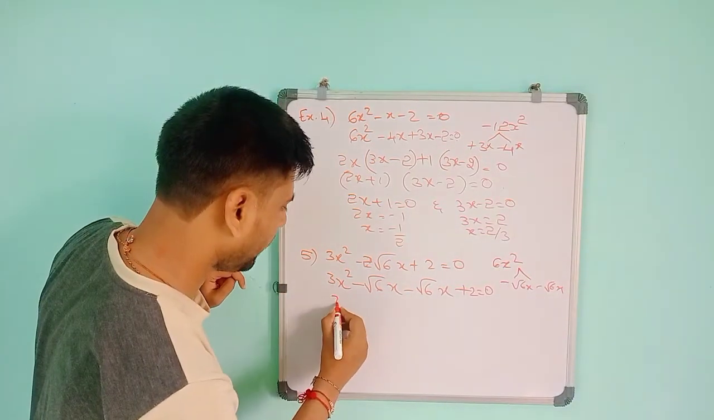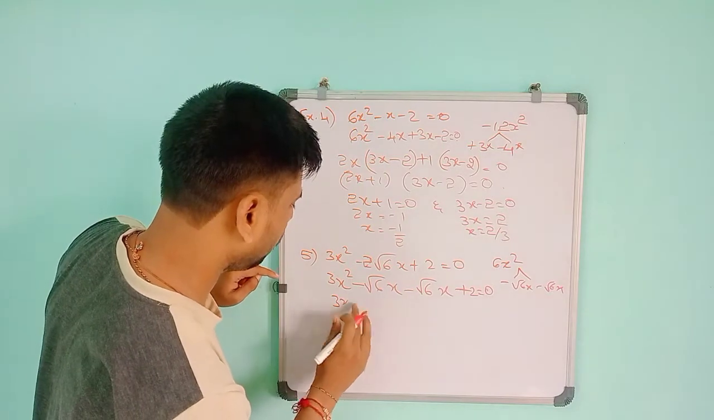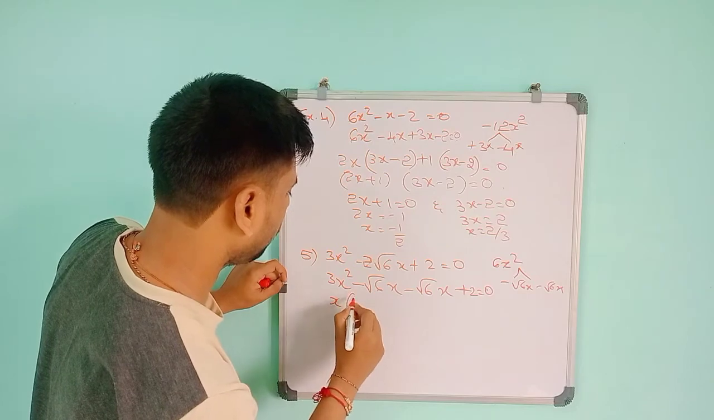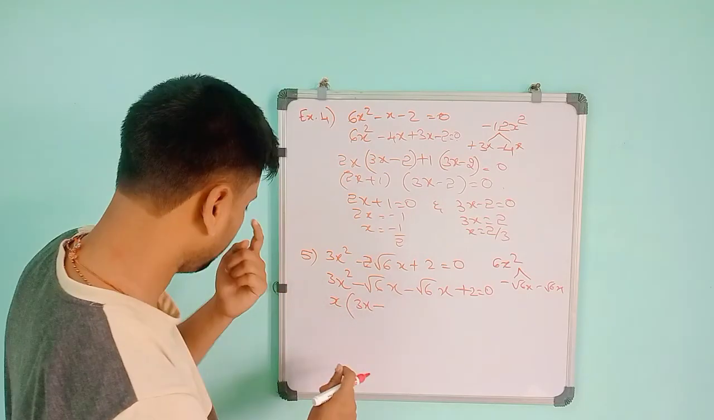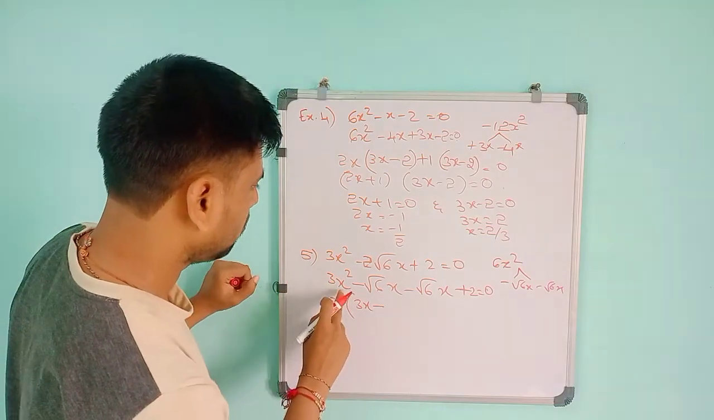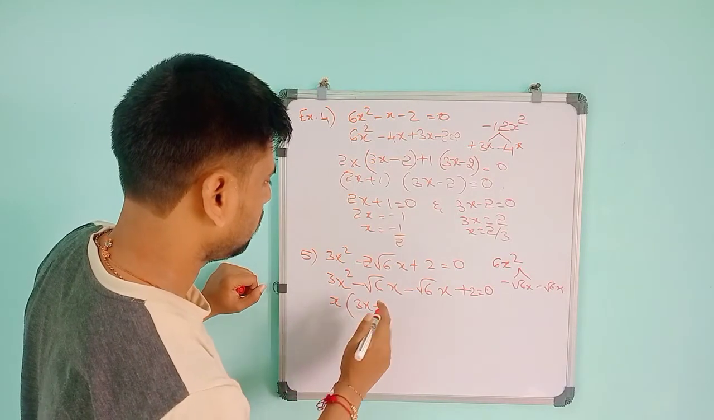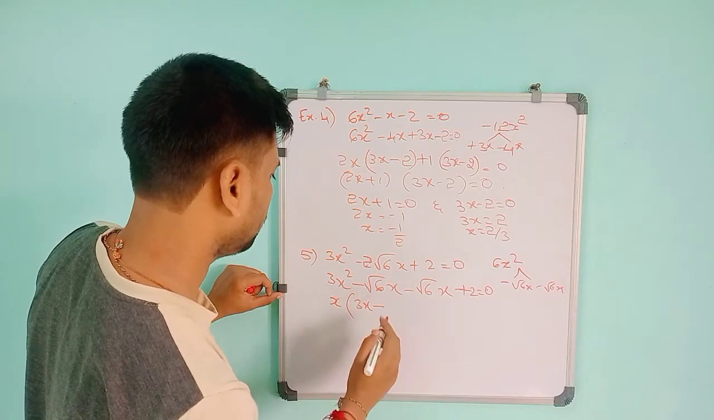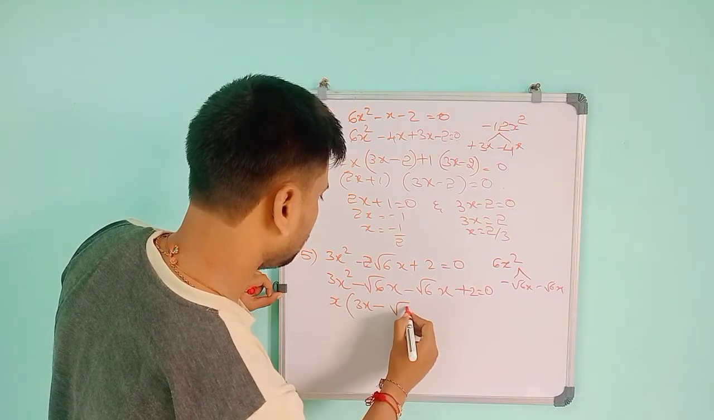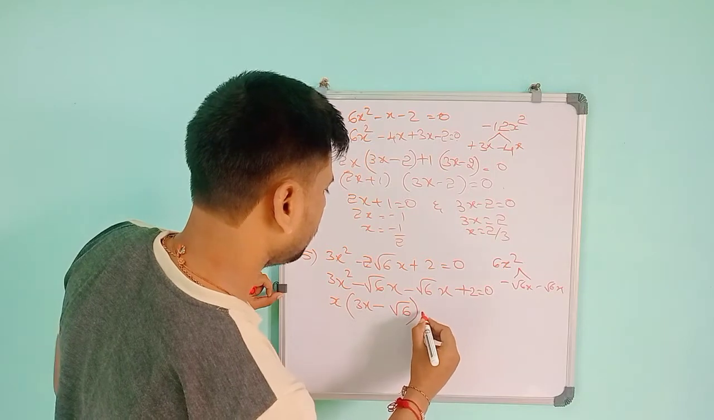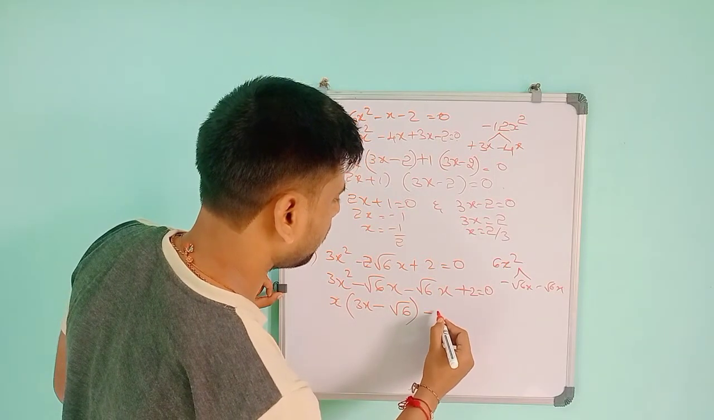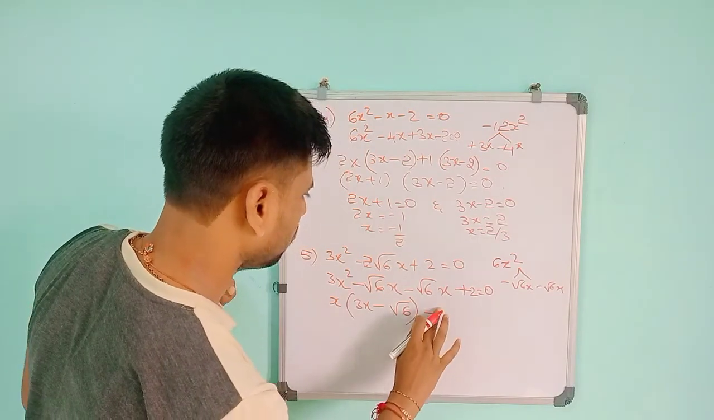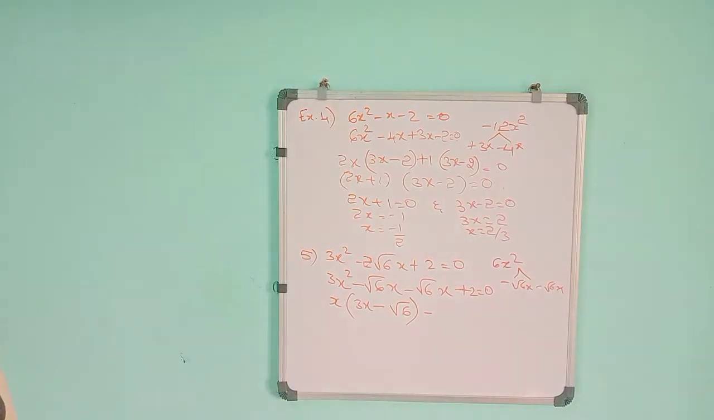So if you take common here, x you can take common. So it remains 3x minus root 6, and if you take 2 common, no,